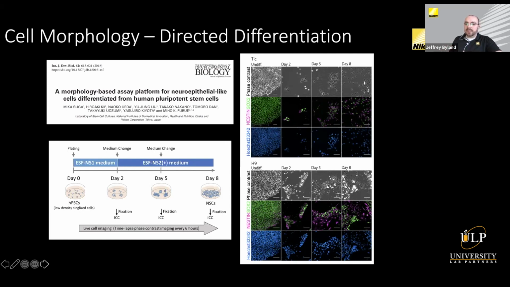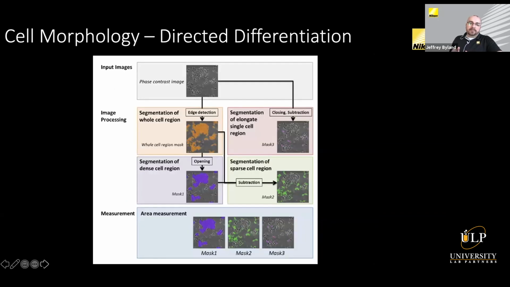Typically the cells are labeled with a fluorescent label, but again, that takes the cells out. They get killed basically as they're fixed. So in this case, the idea is to identify those cells that are becoming neurons over time without a label. If we move to the next slide, that's done by creating a series of masks that identify different progenitor cells. If we look at the very bottom, you can see along the bottom there's different colors that